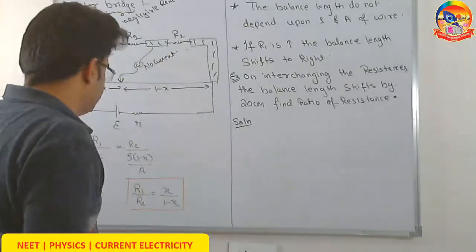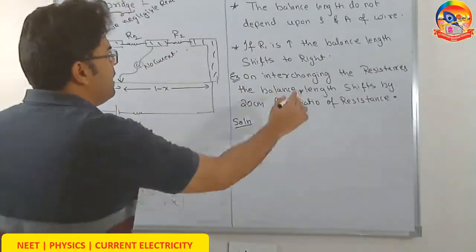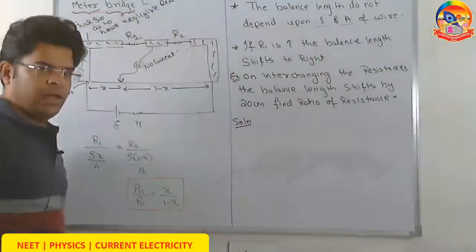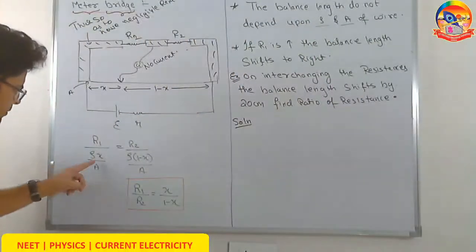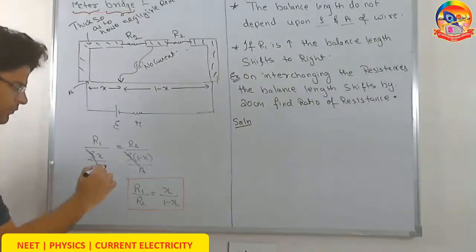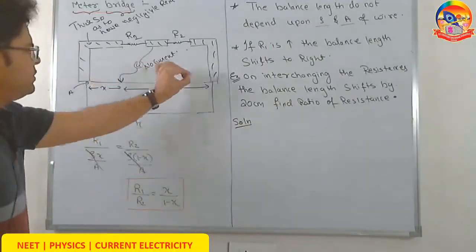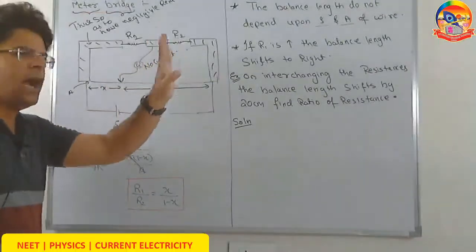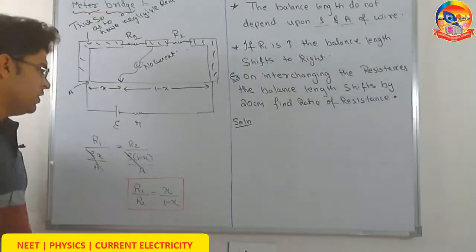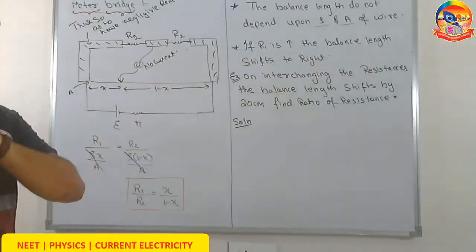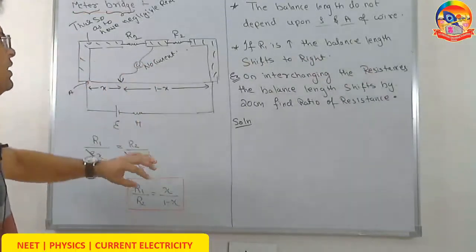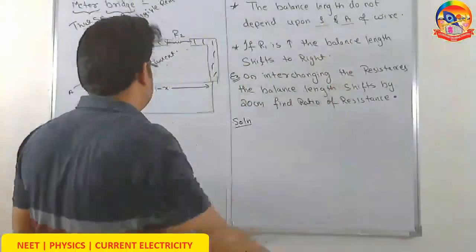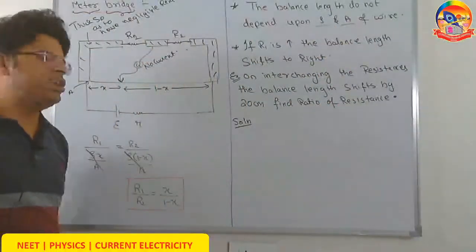The more the cross sectional area, the lesser the resistance. So, negligible resistance. Second thing, the balance length does not depend upon resistivity and cross sectional area of wire. How do you know? Because beta, this term rho by A gets cancelled. So, if you replace this wire with another wire of greater cross sectional area but keeping R1 and R2 same, you will get the same balance length. If you replace this wire with another wire of higher resistivity, still the balance length will remain the same. So the balance length does not depend upon resistivity and cross-sectional area of this meter wire used.